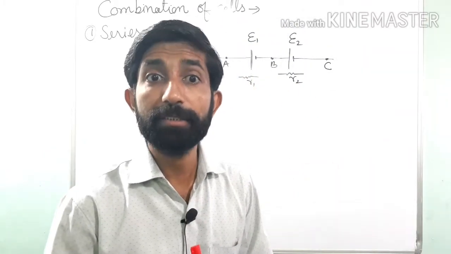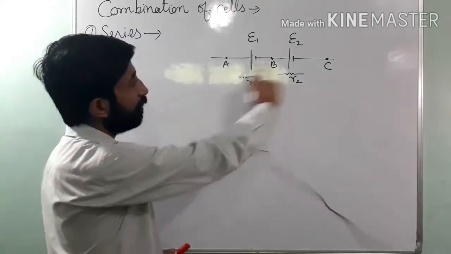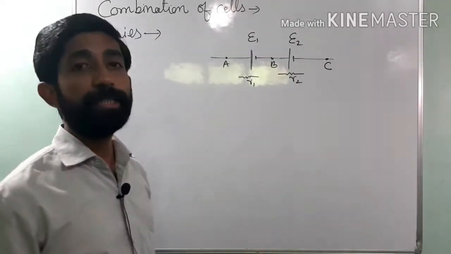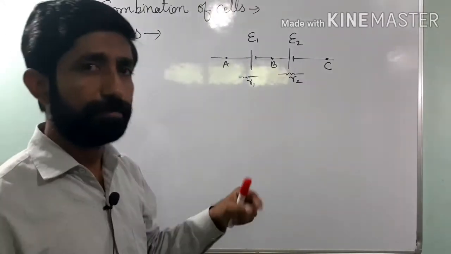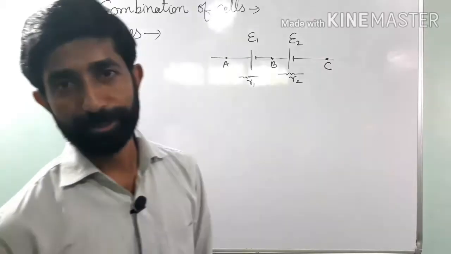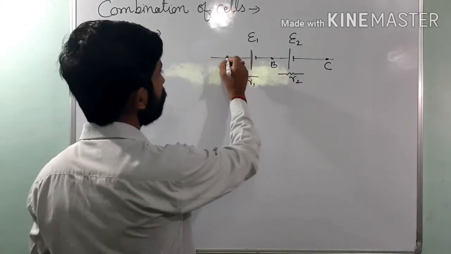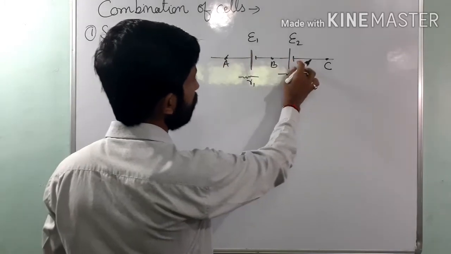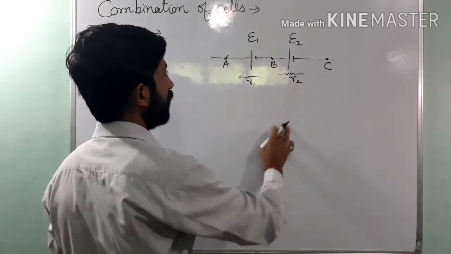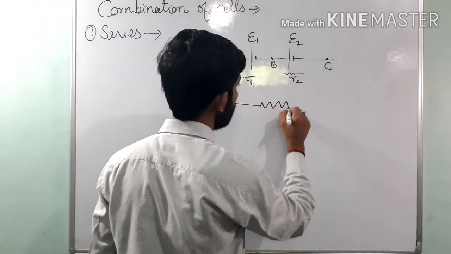Obviously it is current. So in series combination of cells the current remains constant. Now current remains same means if current I is flowing through this cell, then I will be the same current through this cell as well,